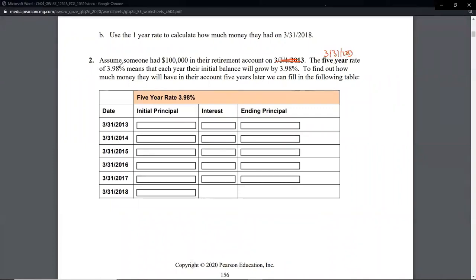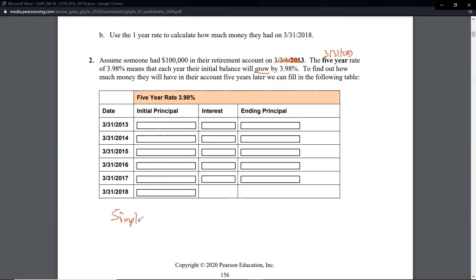The 5-year rate of 3.98% means that each year, the initial balance will grow by 3.98%. So this is a concept of our balance is going to grow. This is where we're making more money. So we'll have $100,000, and then we're going to have like $105,000 or $110,000, $103,000, more money. To find out how much money they will have in their account 5 years later, we can fill in the following table. This is going to use the idea of